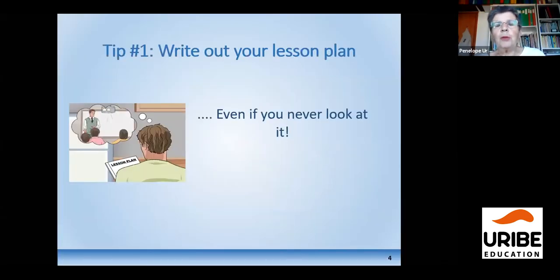And my tip number 1 is write out your lesson plan. I've been teaching, as I've told you, for 30 years, and I still, to this day, write out my lesson plan before I go into a lesson. PowerPoint does it for me, which is very useful. I use PowerPoint as my lesson plan when I'm doing a PowerPoint presentation, but when I'm just doing ordinary face-to-face teaching in the classroom, I just have a lesson plan at my elbow. Even if I don't look at it, the fact that I've written it out gives me the confidence and helps me remember what I'm going to do.